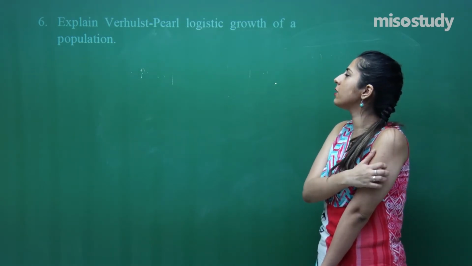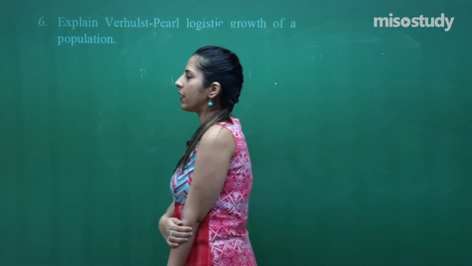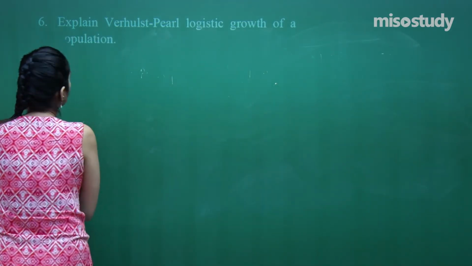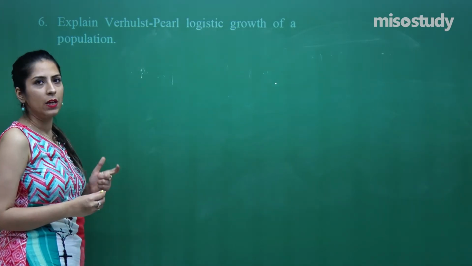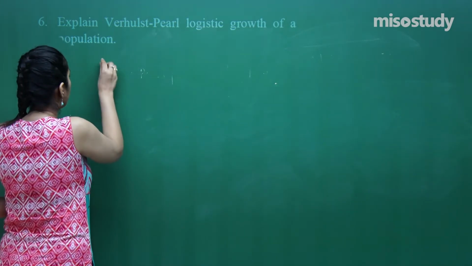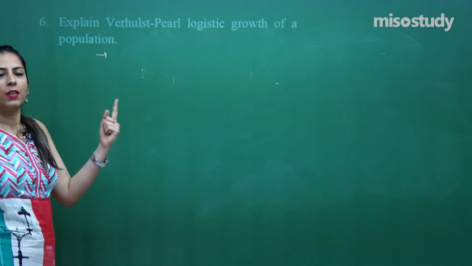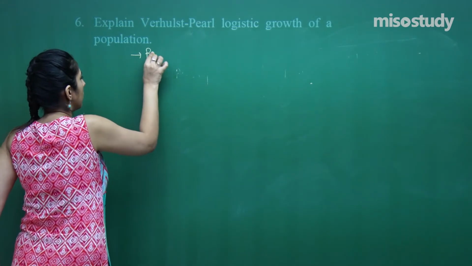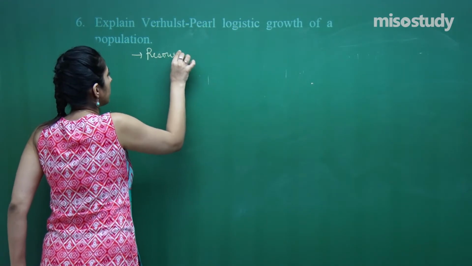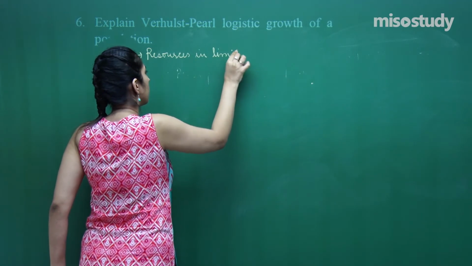Explain Verhulst-Pearl logistic growth of a population. Very direct question, very easy also. Verhulst-Pearl logistic growth equation. Now, listen to the things carefully. When we talk about the environment in which the resources are present in limited amount,